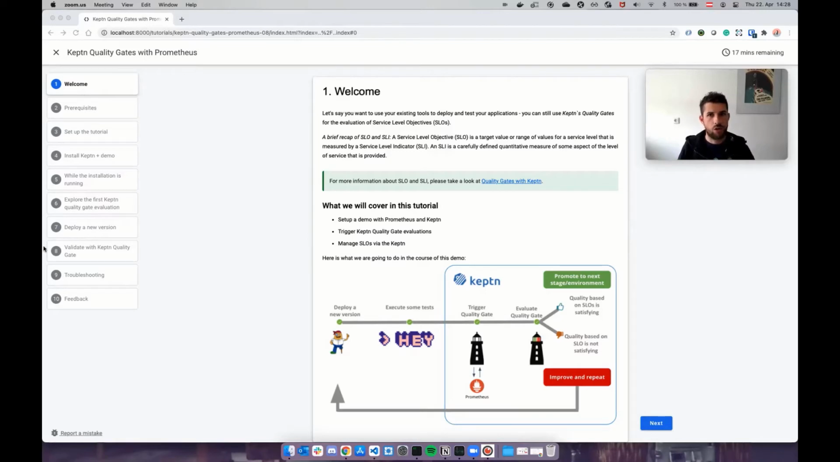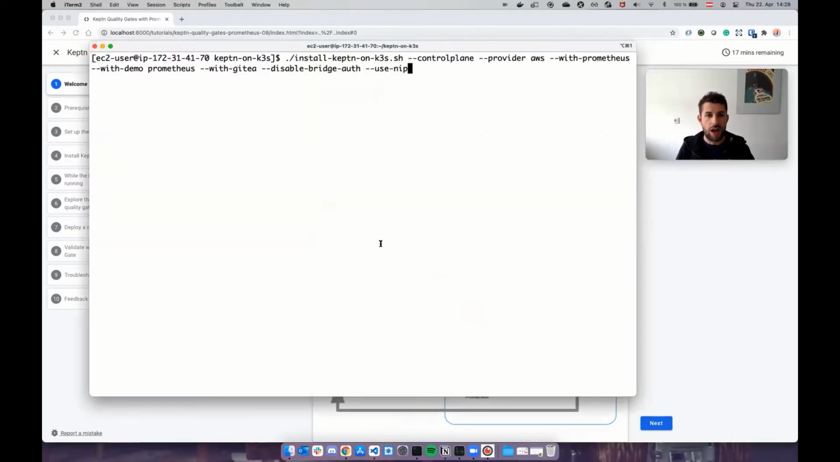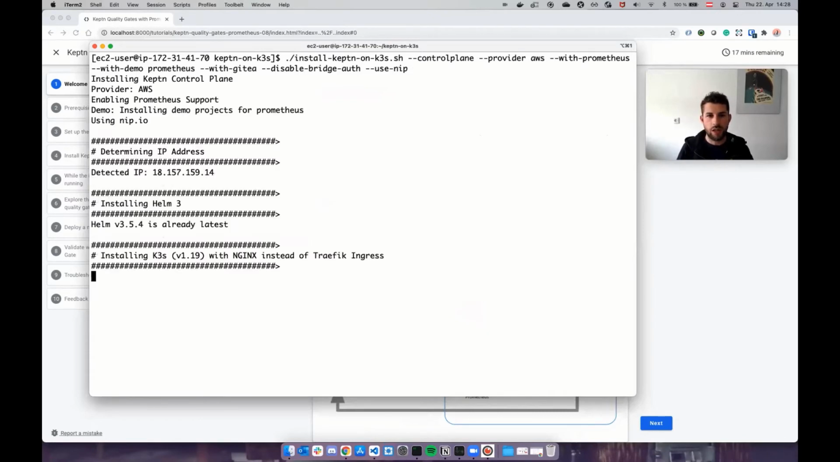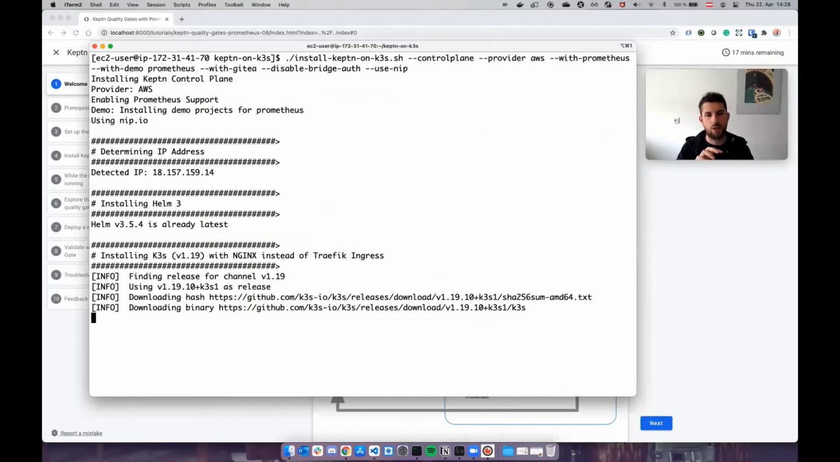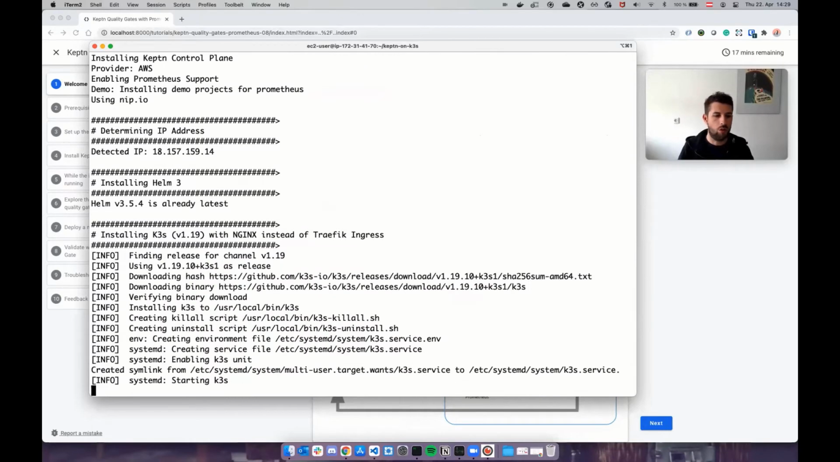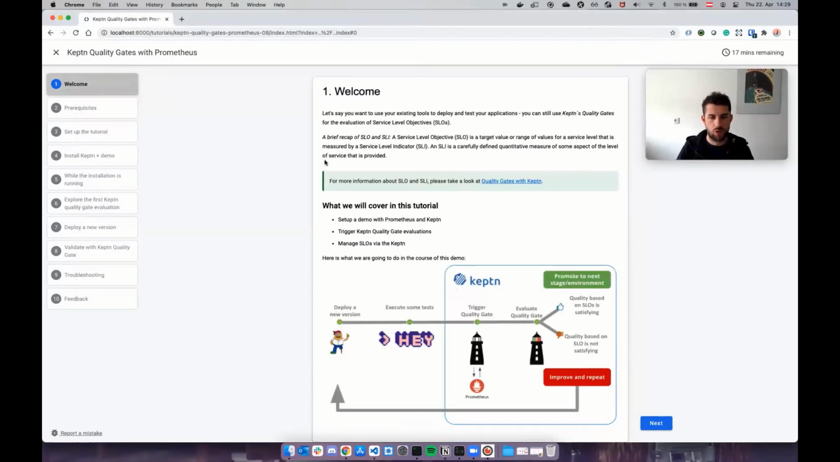Everything I'm going to show you is prepared in a demo installation for you, and you can just execute this demo installation on a VM. I will start the demo installation right now in the background, and while this is going to be installed, I will explain to you what is actually happening. So the tutorial itself is available as said on